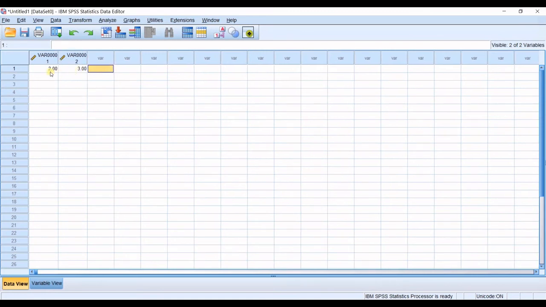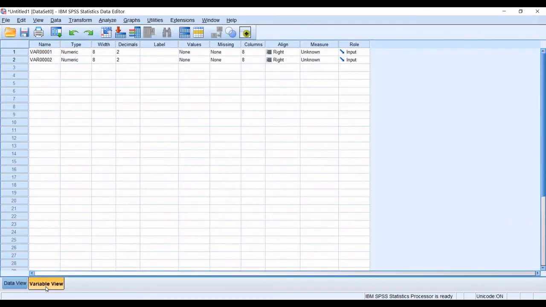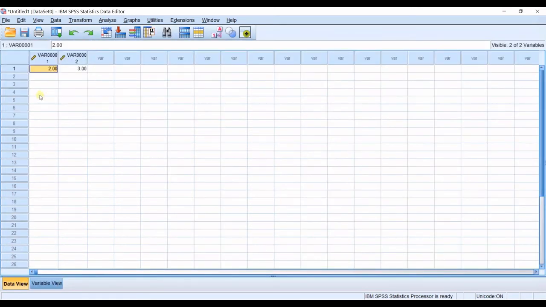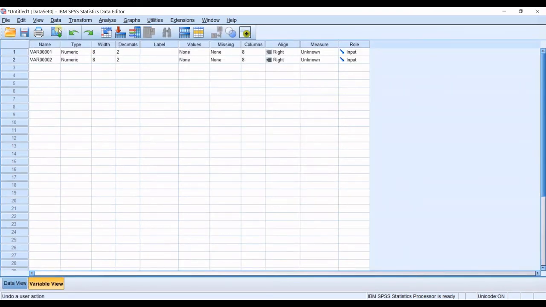But you can see that as soon as you enter any data, it goes to Variable 1, Variable 2, etc. If you go to variable view, you can see there are rows created for each cell you filled. In variable view, you can see there are some cells filled in automatically. So you can see the name of the variable, the type of variable, the width, the decimals, label, values, missing columns,